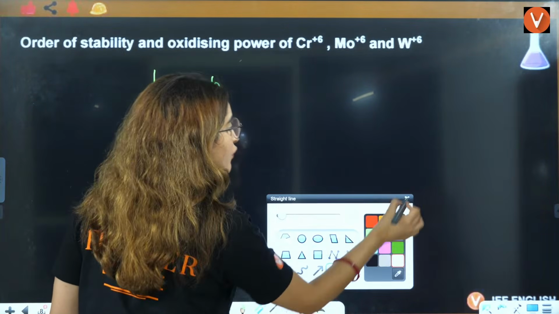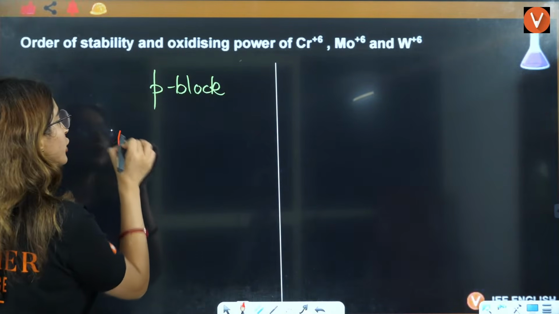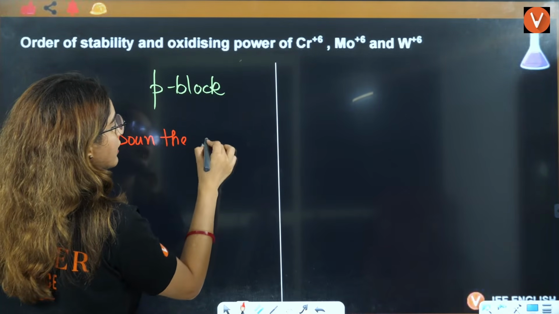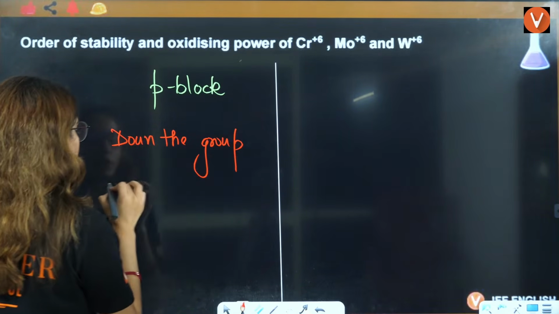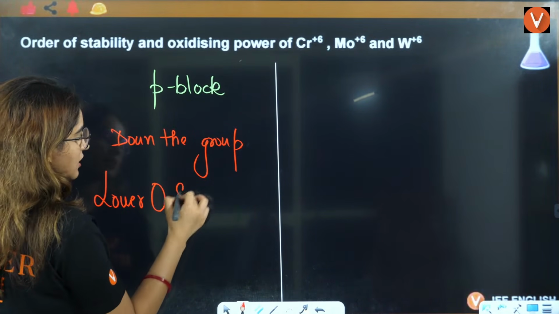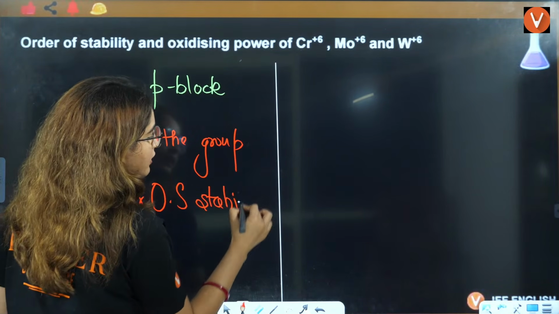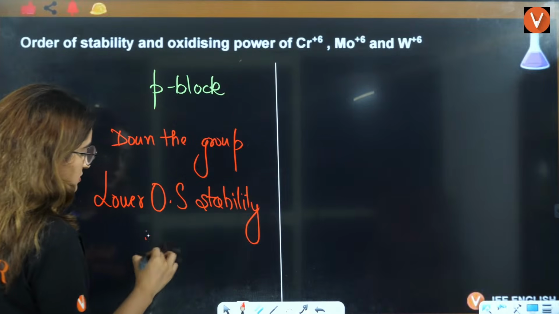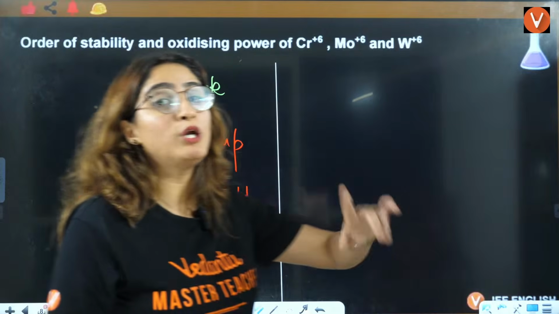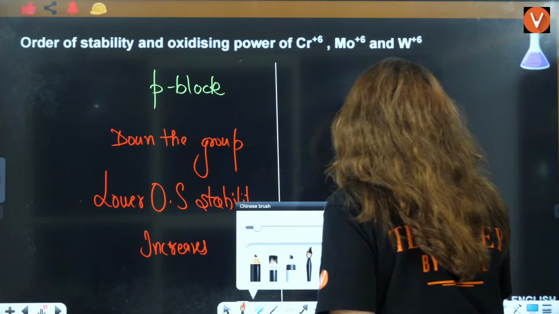In P block, we learned that down the group, lower oxidation state stability increases or decreases? Increases, right? Down the group, lower oxidation state stability was increasing in the P block, but in D block,